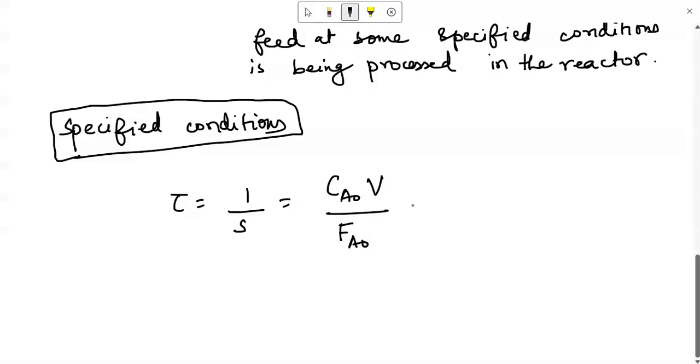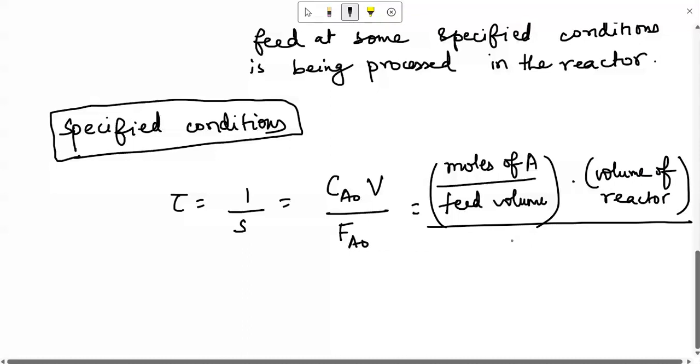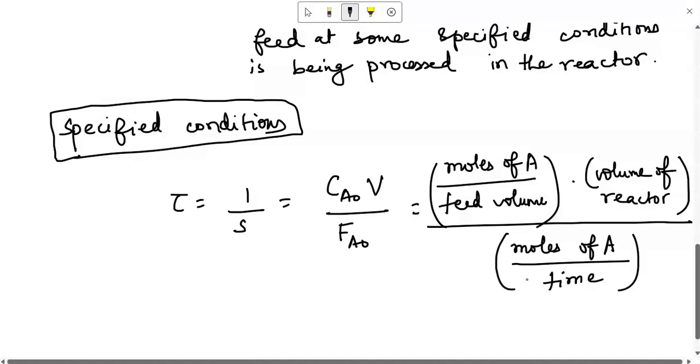Now what is this Ca0? Ca0 means moles of A entering divided by feed volume, multiplied by capital V, which means volume of reactor, and Fa0 is the moles of A per unit time, that is the molar flow rate. So this is how you can relate tau. Another way to relate it is